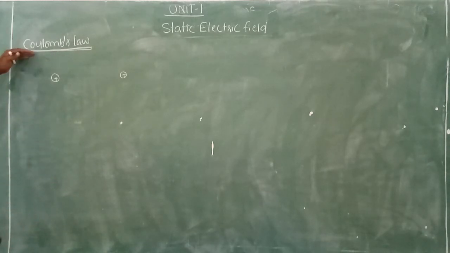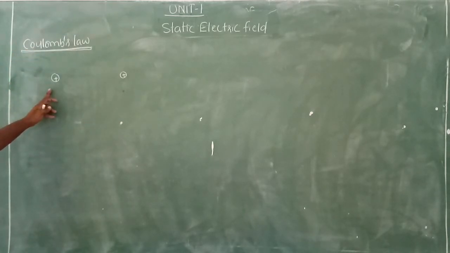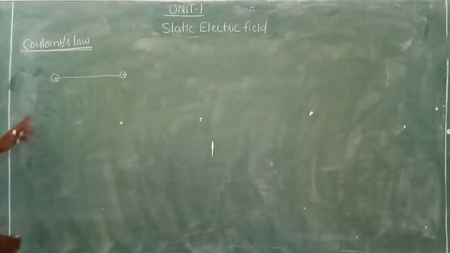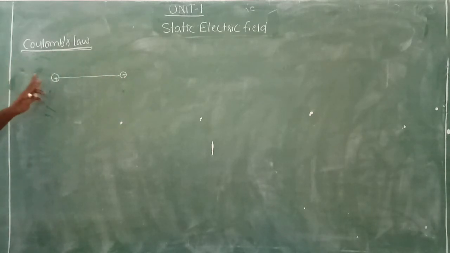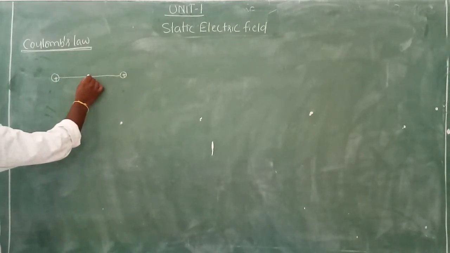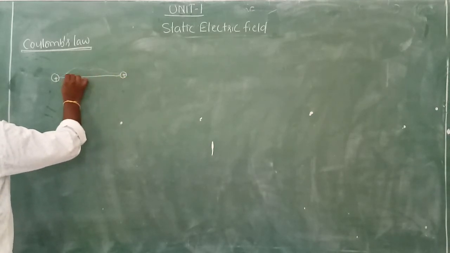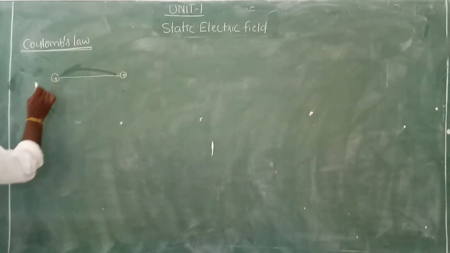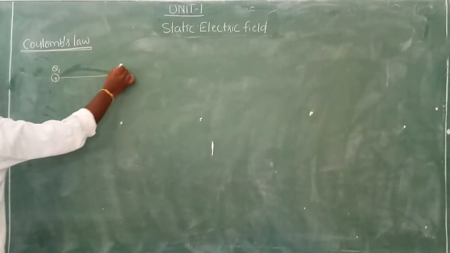So now, according to Coulomb, whatever force exists between the two charges acts directly along the line joining the two charges. If I draw a straight line between these two electric charges, the force existing between them acts directly along this straight line only. It is not going to act like this, it acts along this straight line only. Now suppose the magnitude of this charge is q1 and